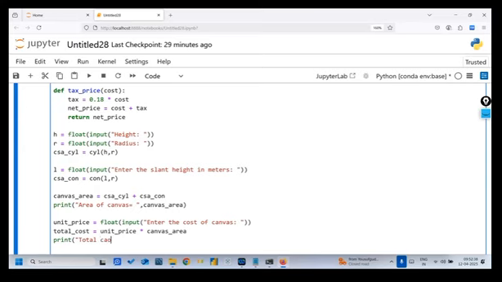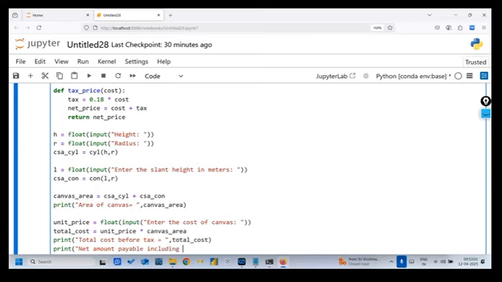Total cost before tax is equal to, so that we can use as it is total cost, and then print net amount payable